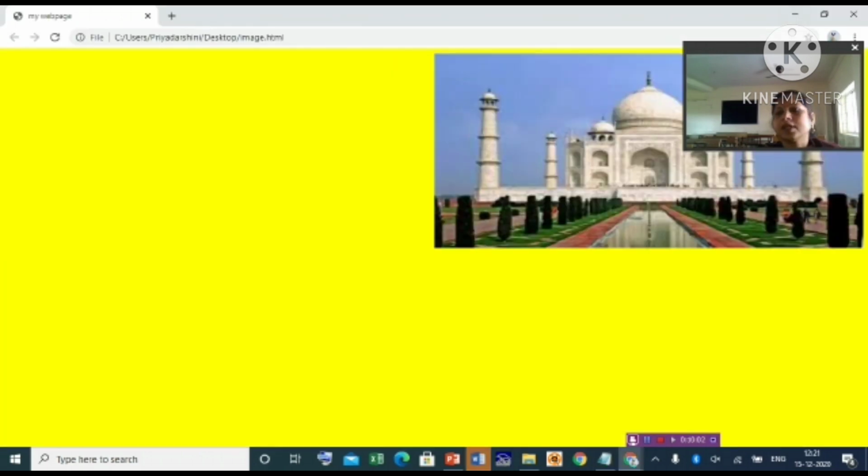The image moved to the right side. So using align, you can move it to the right, left, top or bottom of the web page. There is no center alignment; you can use middle alignment to keep it at the center of the web page. Hope all of you understood this image.